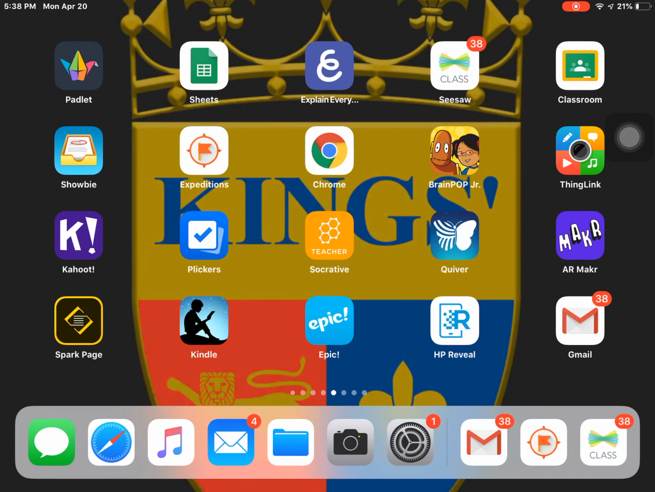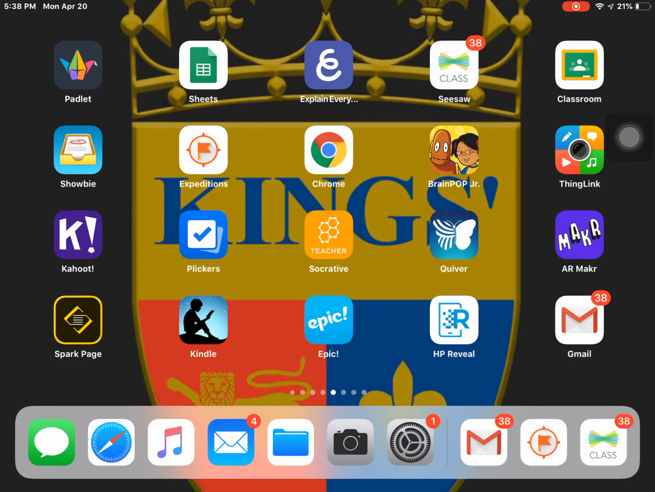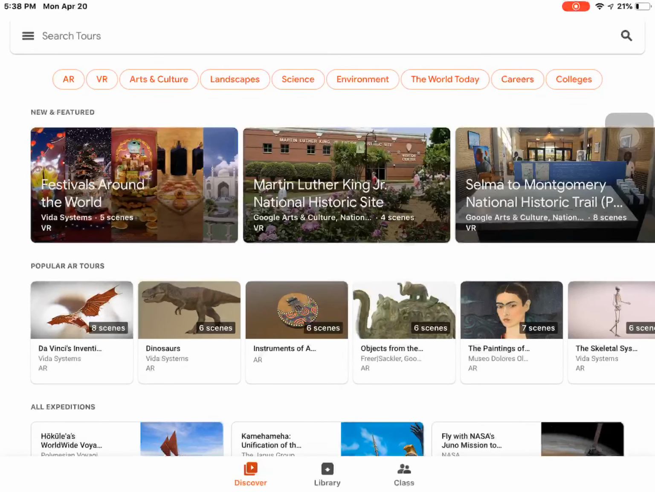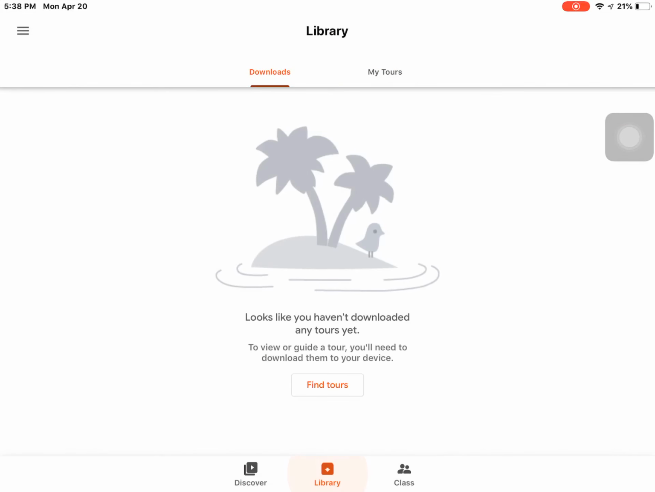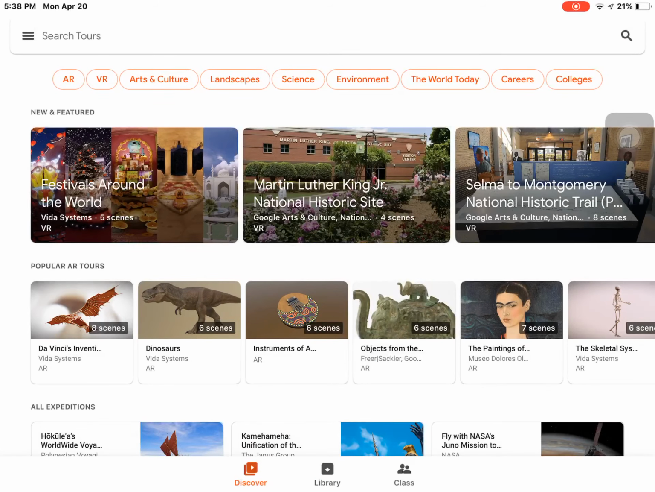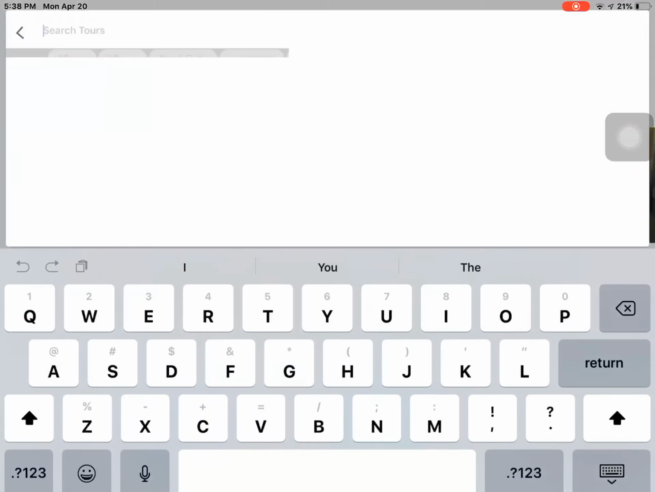So I have downloaded Google Expeditions. It is the white app with the orange flag, and I'm going to go ahead and press it. And this will bring you to the home screen. Let's have a look in my library. I've got nothing there, so I need to find and download the tour. So you need to type in